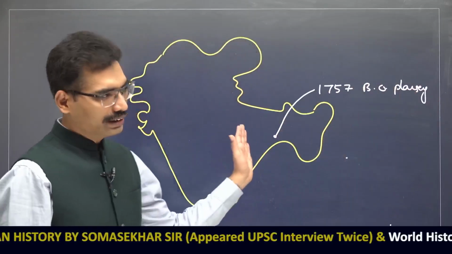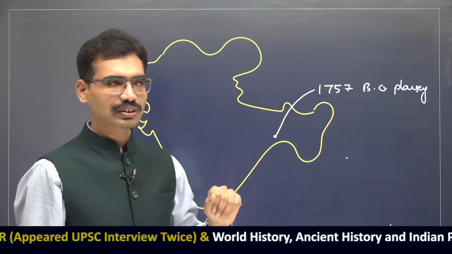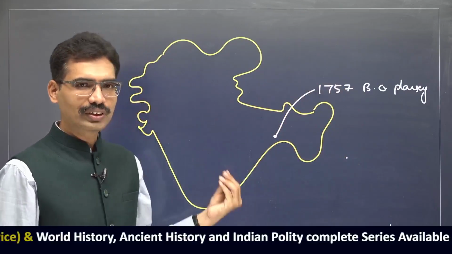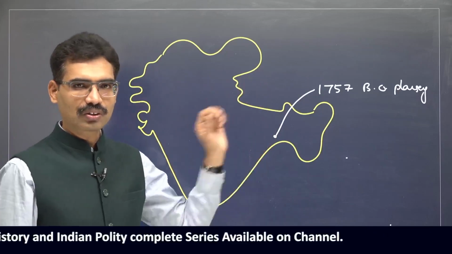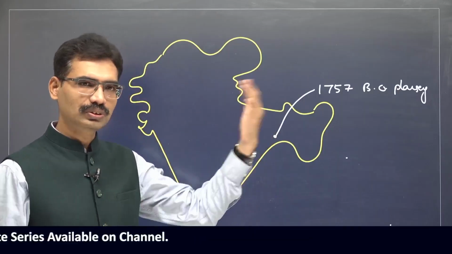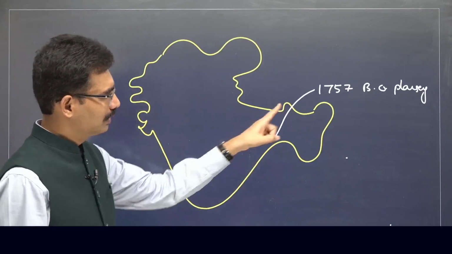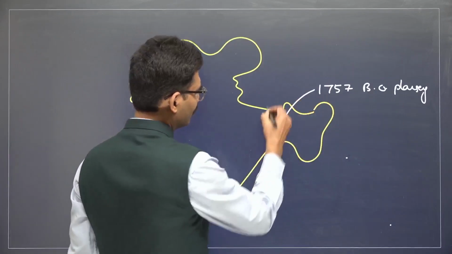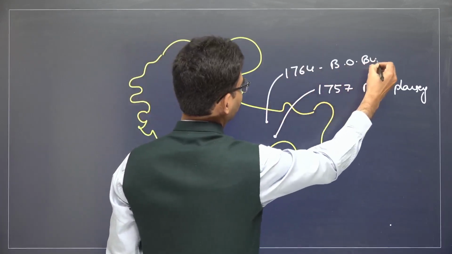But to understand even the 1857 revolt or the Indian national freedom struggle, you have to connect the dots like this only. UPSC can give the sentence from anywhere. That is why you should have complete control of the entire timeline, starting from East India Company establishment till Quit India movement, till British India's independence. 1757 Battle of Plassey, and later in 1764 Battle of Buxar took place,